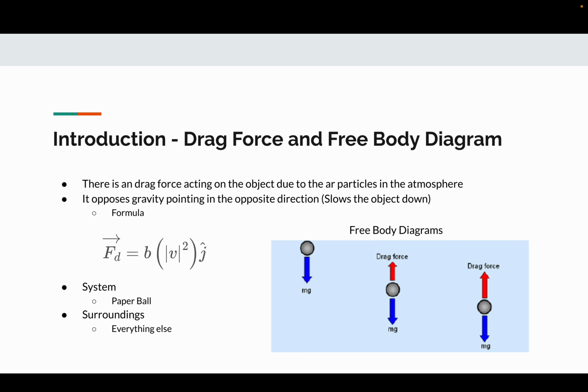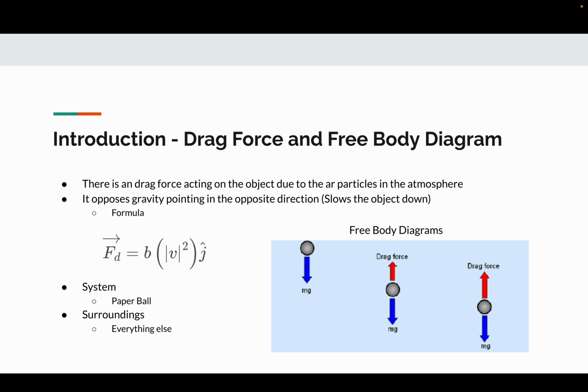Next, we need to understand that there will be a drag force acting on the object. Since there are air particles moving in the atmosphere, this means that it will slow the object down, meaning that it opposes gravity in the opposite direction. The formula is the product of the drag coefficient b and the velocity squared. In this lab, the drag force is in a positive y direction, the system is the paper ball, and the